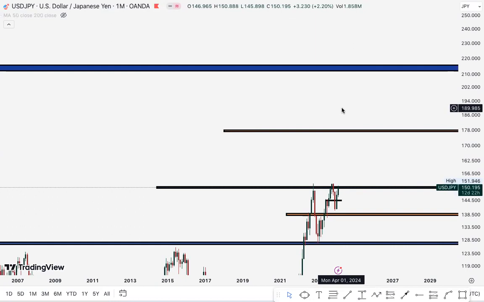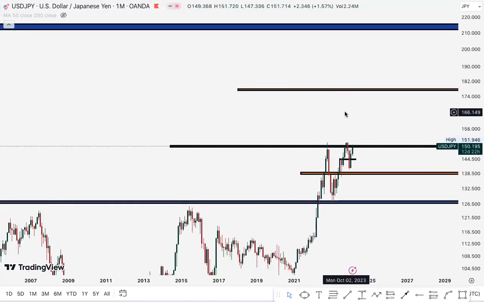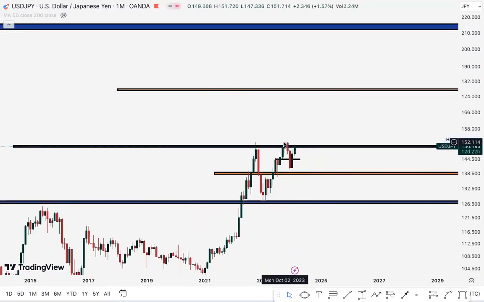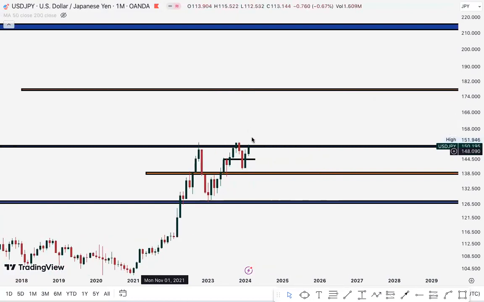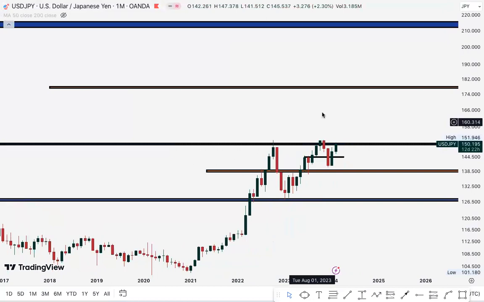Your other mentors have not seen it, probably, or they're just not interested in the JPY pairs, which is fine. But I love them. I love most of them, not all of them. So I'm telling this for free that we actually have a huge rally coming in on USDJPY, and the deciding factor is 150.774. So a breach above this level here, we should see the JPY rally all the way up to first